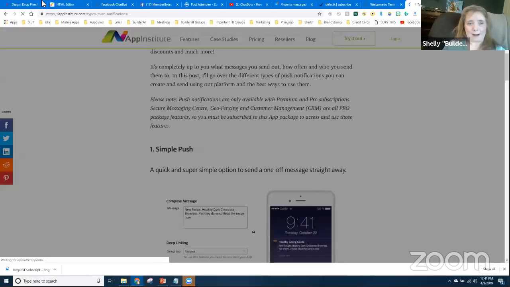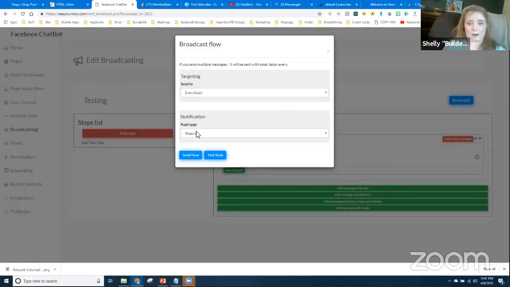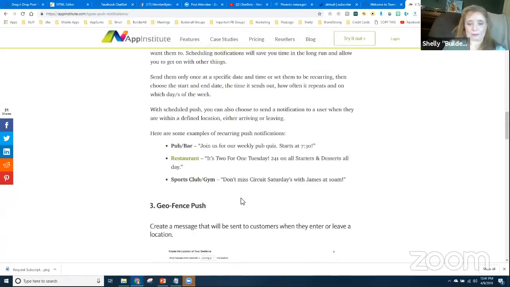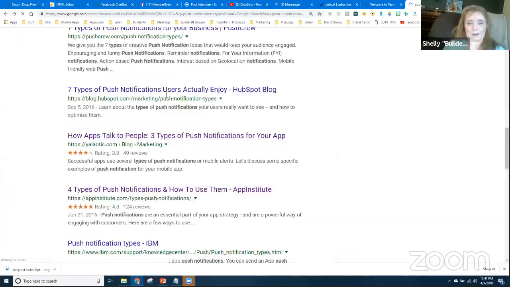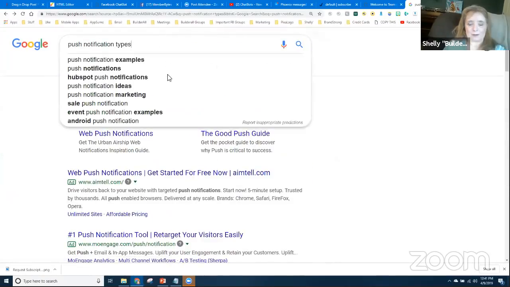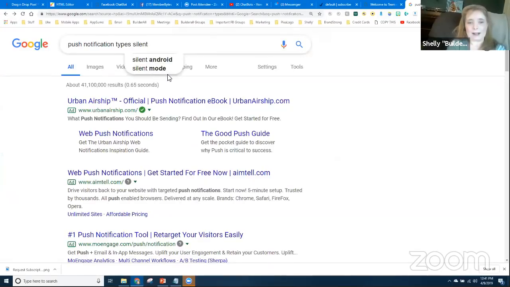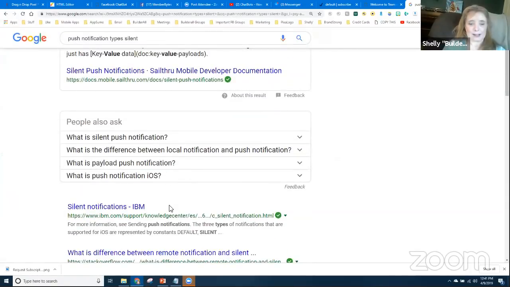A simple push. That might be one of them. Let's see if that's one of them. So I've got silent, regular, and no push. So that's not it. Let me put those in the search. So would it be faster to just try each of them? No, because each one's different. And they're just different. Okay. Let's see.